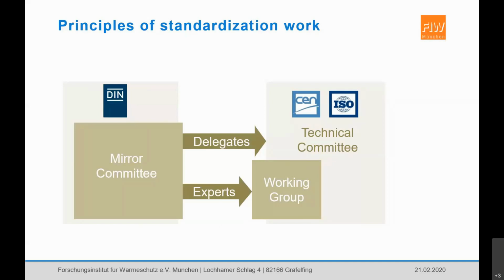Anyway, within a TC, several working groups can be set up that are responsible for a certain product standard or also for a group of product standards. And the experts in these working groups are sent to the working group by their national mirror committees. So therefore, the working group is not free to choose or exclude any experts. And also consequently, the experts working in the working group shall represent and defend the national decisions from their mirror committees and not necessarily their own interpretation of how the things should have been done.